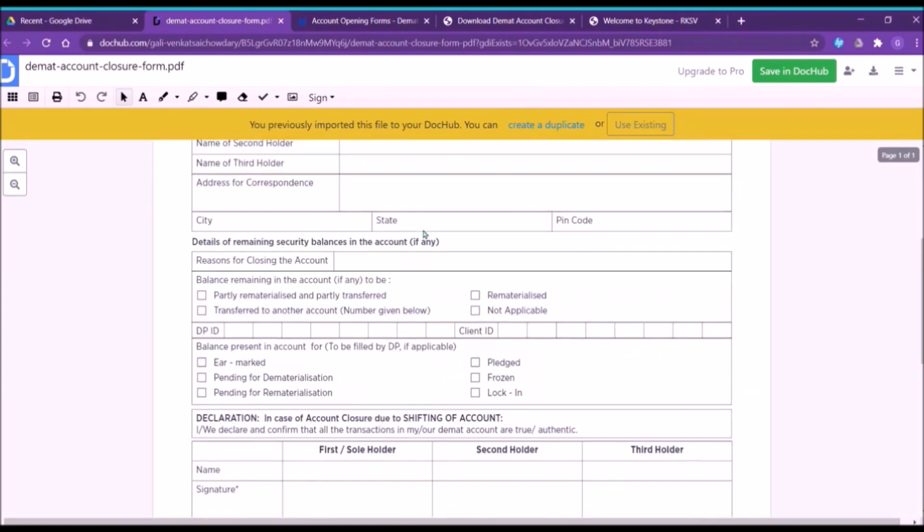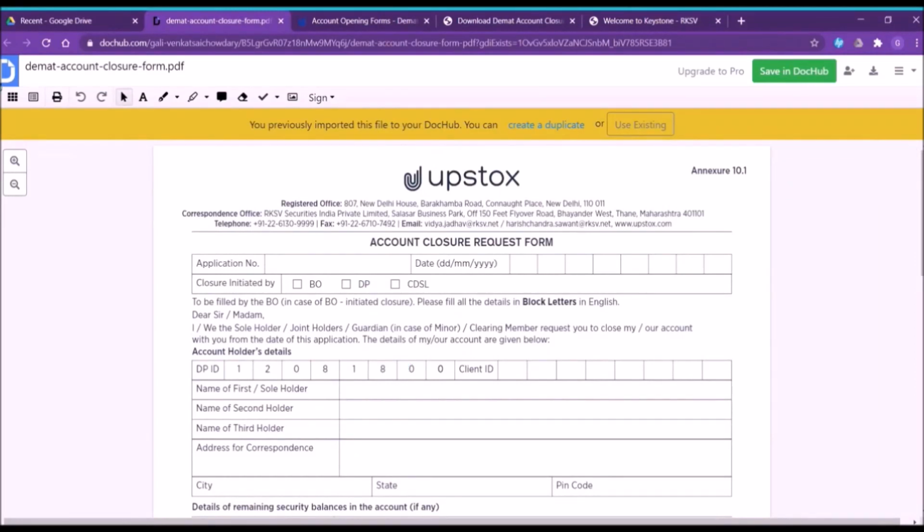You can see here application number. Don't fill that number, it is filled by them only. Now you can see here closure initiated by BO DP CDSL.